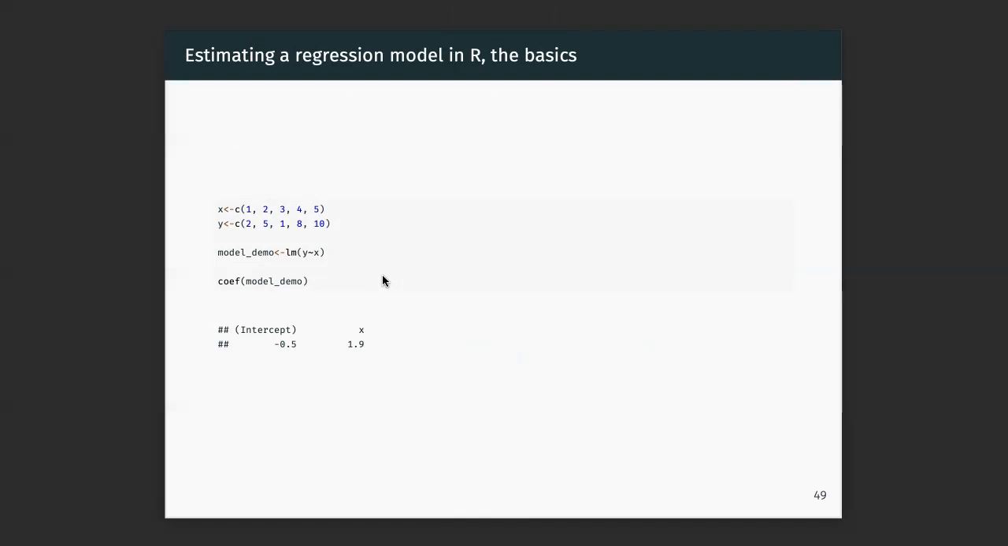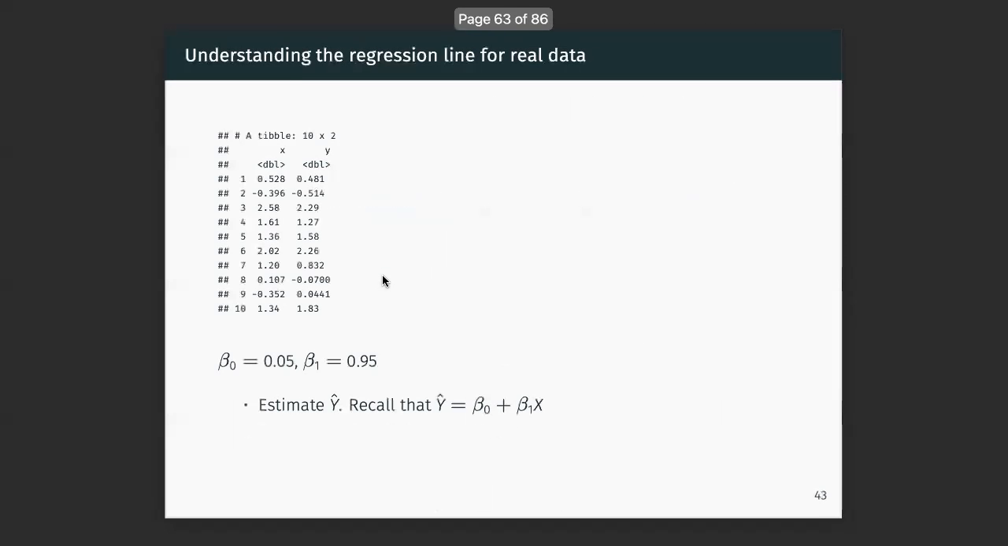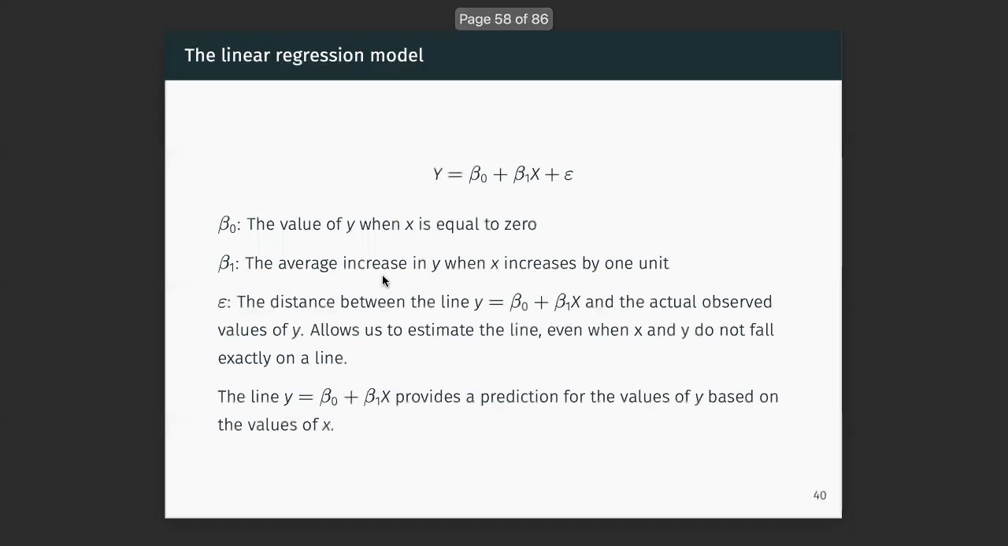To compute a linear regression model in R, I use the function lm, which stands for linear model. What I provide to lm is a vector of y's and a vector of predictor x's. When we're looking at a regression equation, y equals beta 0 plus beta 1x, I will call y my outcome and x my predictor. You may hear people call this the dependent variable and the independent variable, but we're honestly